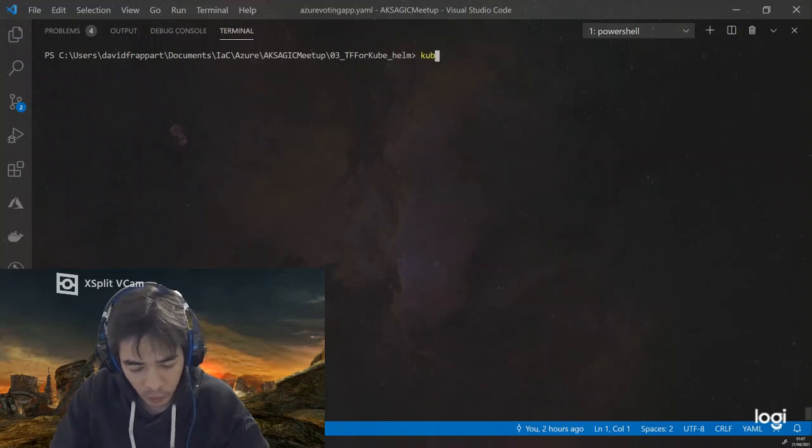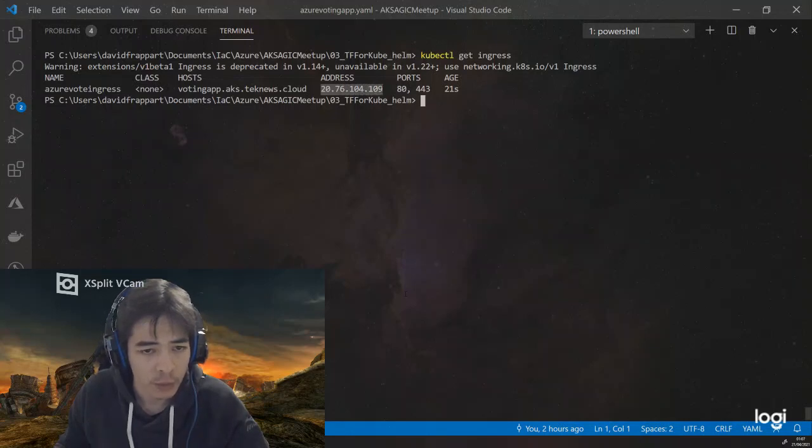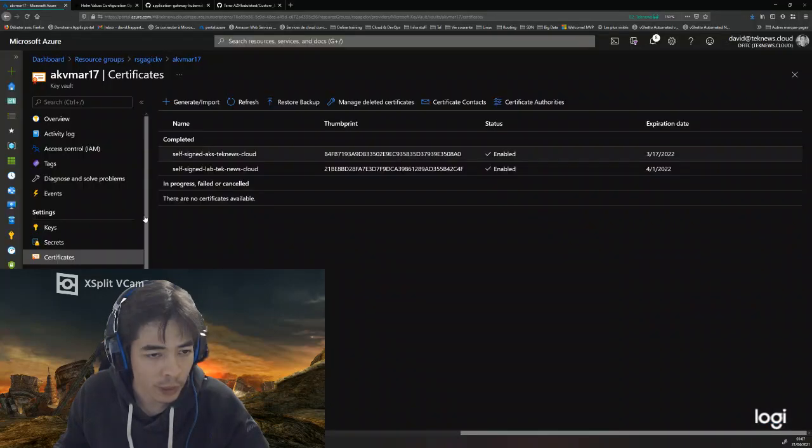Now if I do kubectl get ingress, as you can see, I have one ingress object with a public IP address, which is what I think it is. If everything is working correctly, I should have this IP address which corresponds to my application gateway.